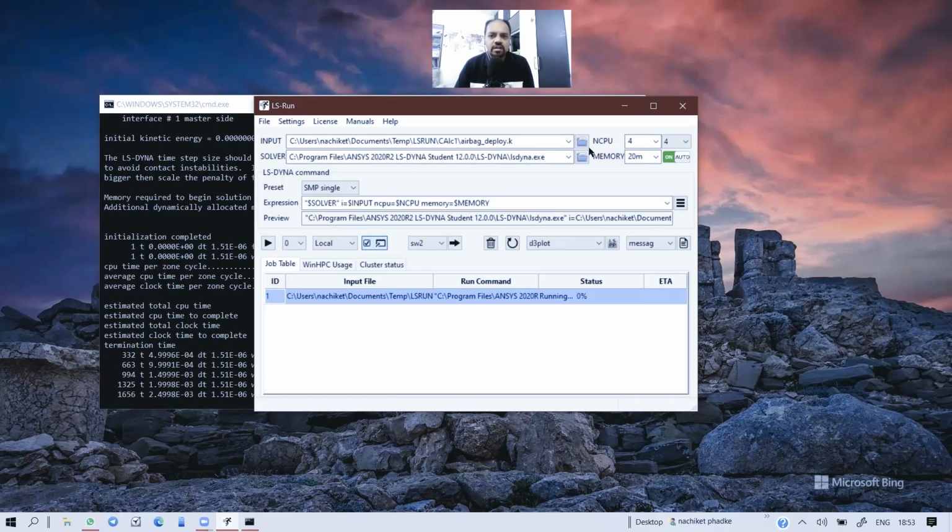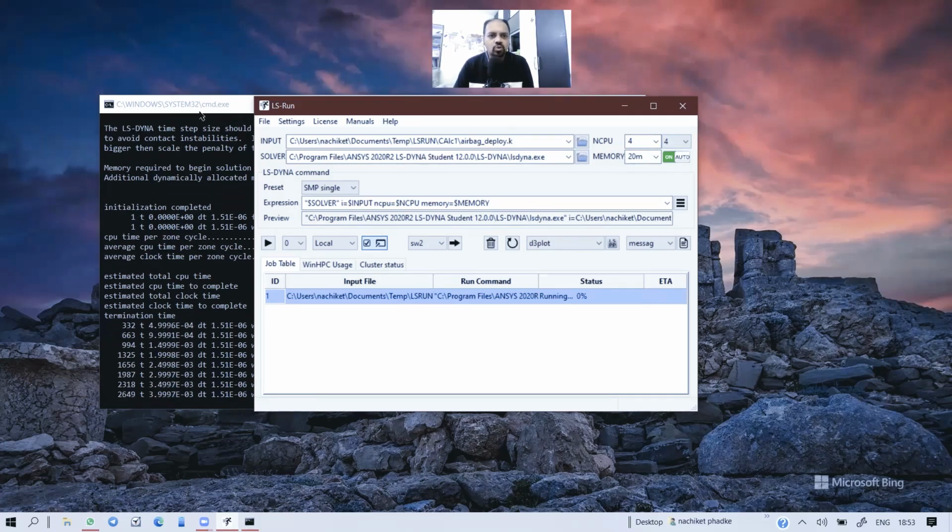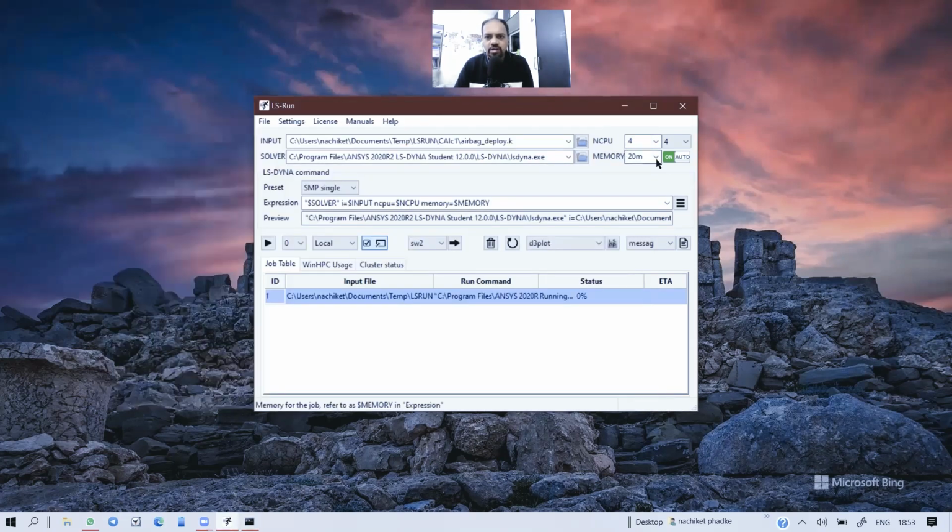And this is another important part which I missed, I'm really sorry. It is to do with memory. So forget about the run, it is to do with memory. Now many guys are confused with what is exactly this memory. This is a RAM allocation, okay, for any explicit analysis, and of course implicit as well. You need a sufficient amount of RAM to store the random data. Okay, it's all numerical methods, we all know this, and it is going to take some time to actually initialize.